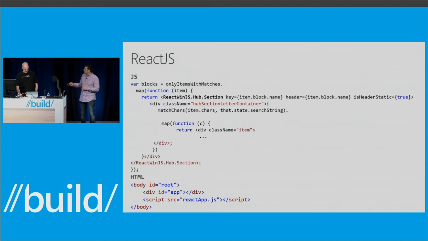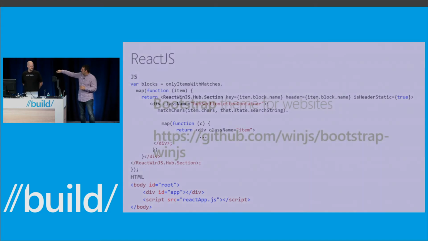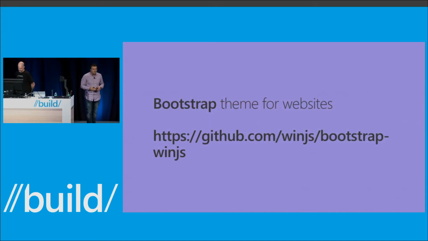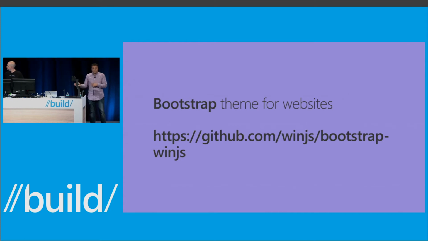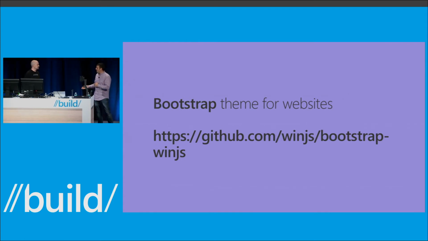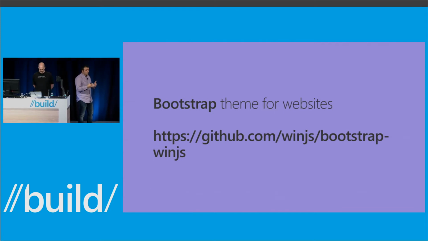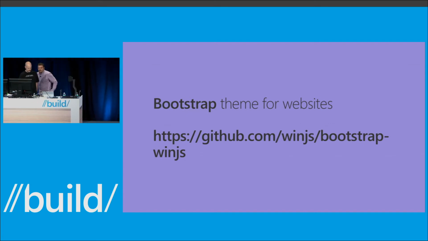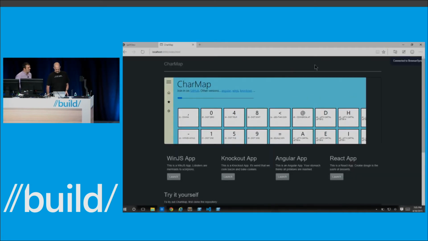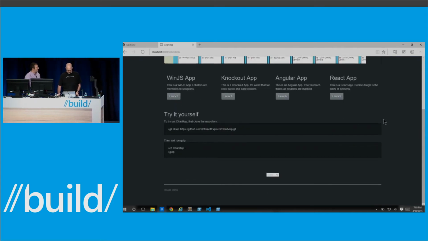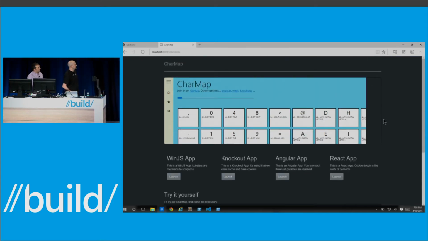One of the things that you've been seeing all evening, actually, is that the website Chris has been clicking through to go to each one of these apps is styled with a Bootstrap theme. Well, we've released a Bootstrap theme that mirrors the look and feel of Microsoft websites, and that's also up on our GitHub account. And so what we're going to do is just show you that theme now, and then if you want to go check it out and have a similar app to a website look and feel,